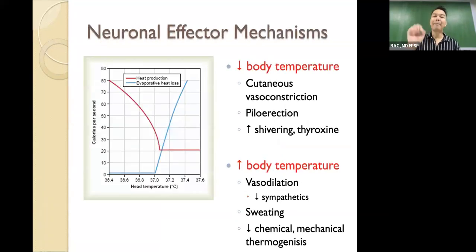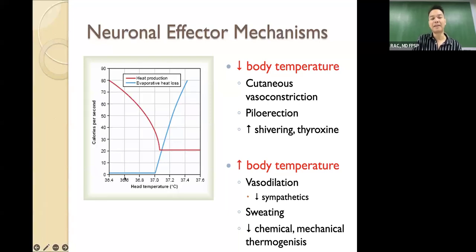Okay. Now, the hypothalamus, its responsibility is to set our body temperature. So it will dictate the set point. So the hypothalamus sets the set point. So this is like the thermostat. So for example, if the hypothalamus says our body should be at 37 degrees Celsius, then the body will try to find ways in order to match the set point. So for example, the hypothalamus says, okay, our body temperature should be at 37 degrees.